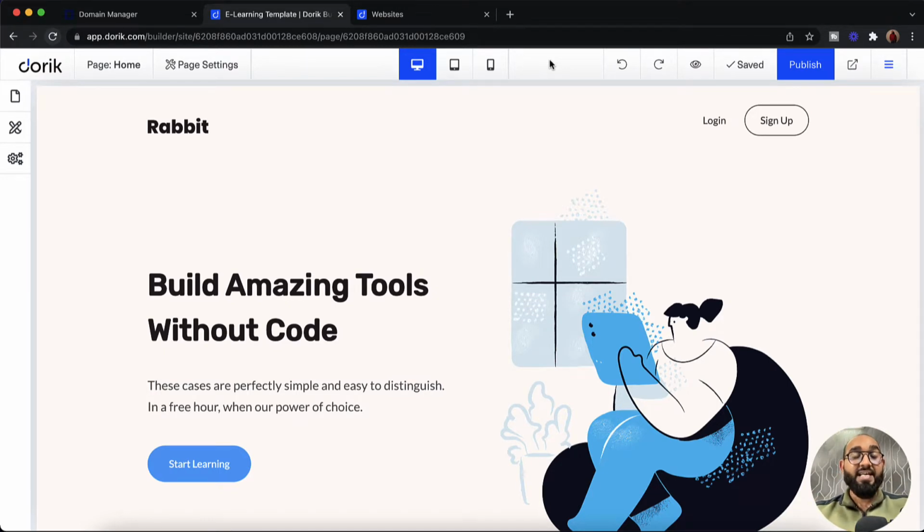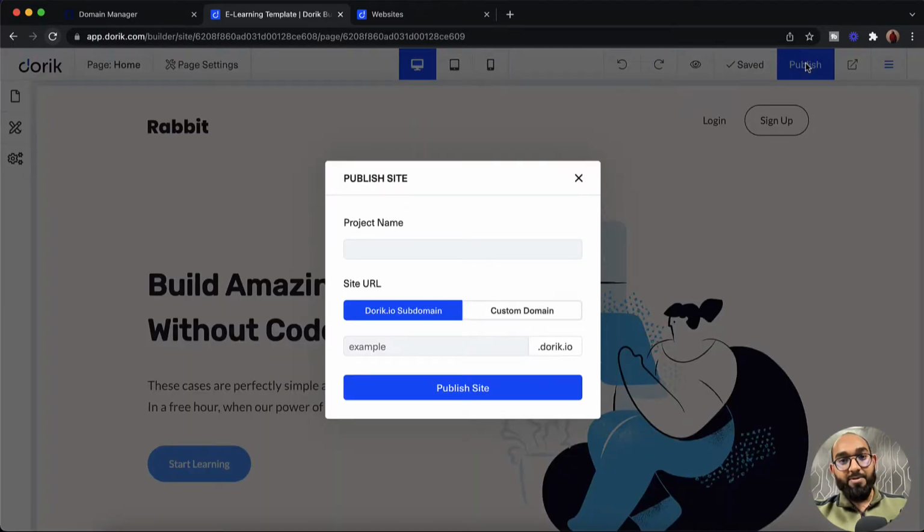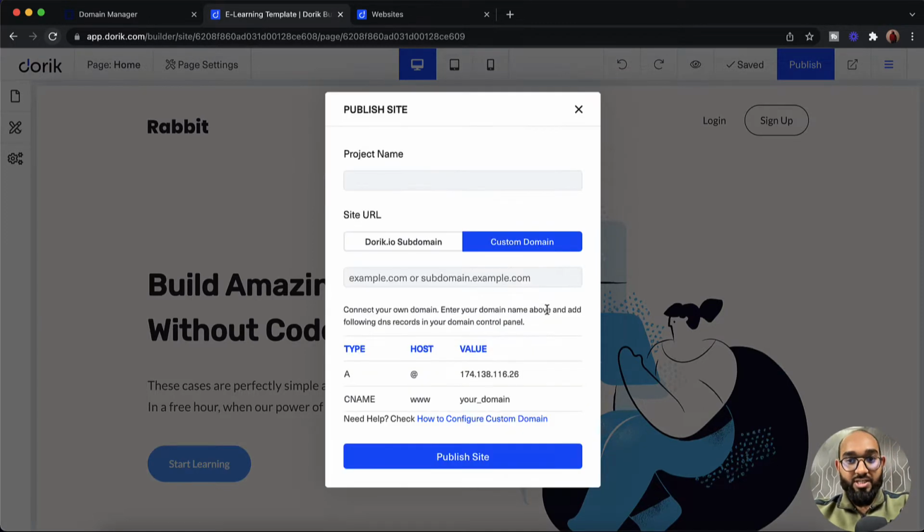So the first place, let's say if you haven't yet published your site on Dorik. Now for the first time, you want to publish the site by adding a custom domain. How you can do this? Simply, you have to click on this publish button. After that, you will find this custom domain option. Let's click on this option and then we are going to find all these fields and then this information to